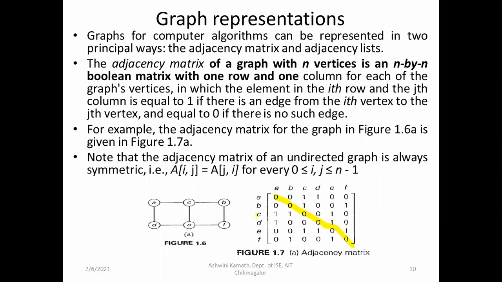You can notice that A to C and C to A, it is the same. Then B to C and C to B, it will be the same. And then A to D and D to A, it will be the same. That is, when you fold it along the diagonal of the matrix, you'll get the same elements. That's why it is called symmetric. Okay. So you can notice that if we have an edge, the value will be 1. Otherwise, the value will be 0. So A to C, we have an edge, so A to C is 1. A to E, we don't have an edge, so it will be 0.